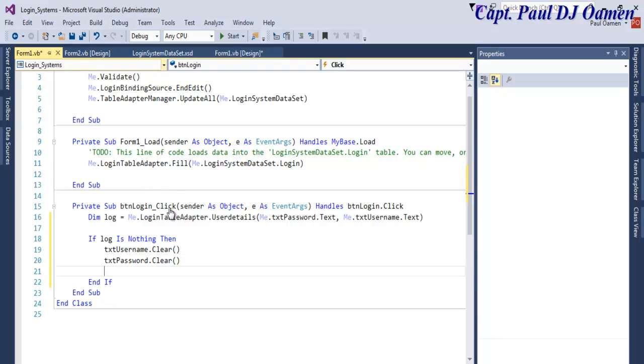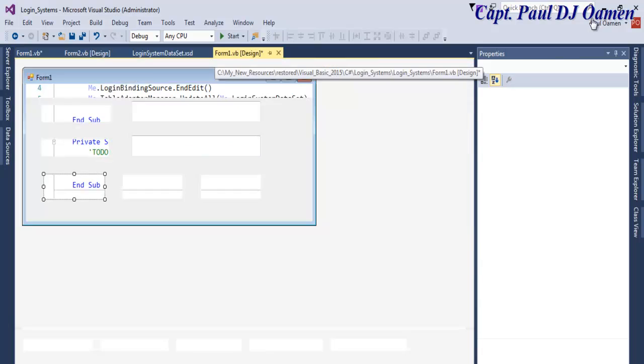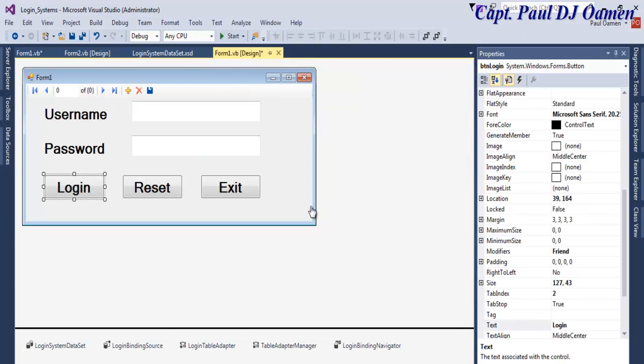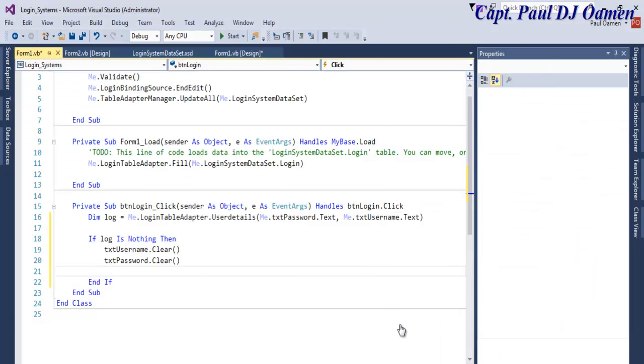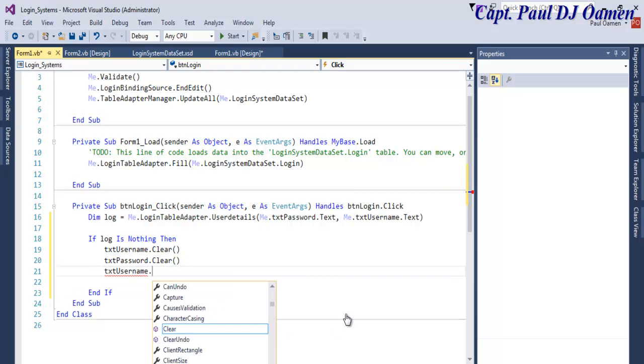Let's see where we should set our focus on. Let's set it straight onto the user. So let's come back here and just maybe copy this and just set focus right there. So if it's invalid, dot focus. Okay, else